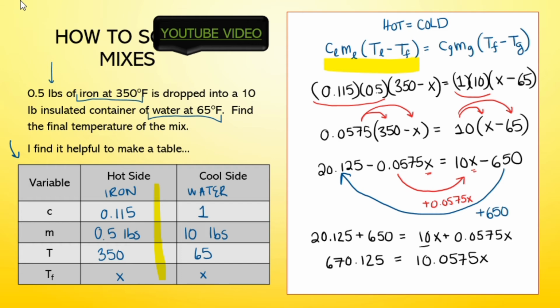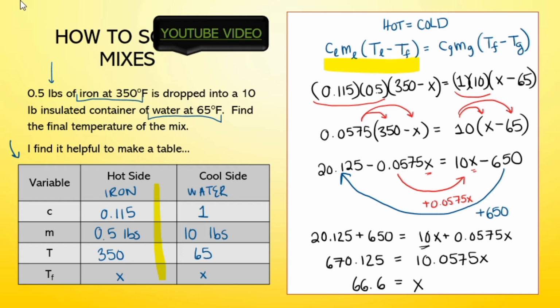Okay, so just adding up the numbers in front of the x's, don't make it x squared. The x's just stay the same. It's like 10 apples plus 0.0575 apples doesn't make 10.0575 apples squared. Here we go. Now we're going to divide both sides by that 10.0575, and you will get 66, the same as we were doing the other question,